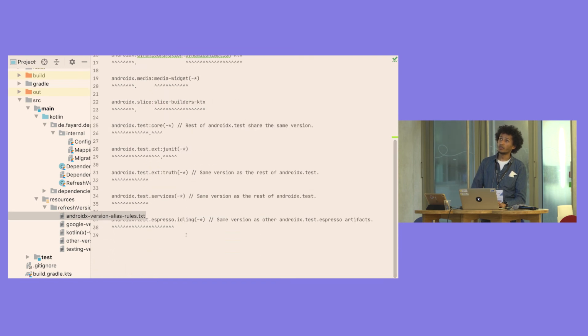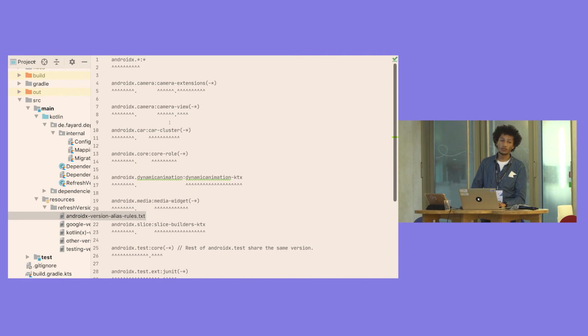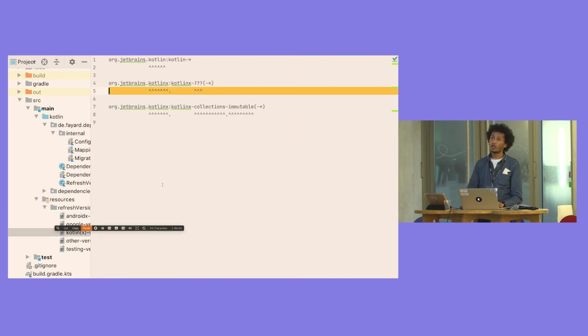So here are the rules that we are using to have the proper key for the version, to not have something that is too complex to see. Like if you have a very complex version key, when you search on Google, you will have to manually remove the irrelevant parts. But when you are searching about OKHTTP, you just type OKHTTP into Google, then you can go on the website, find the changelog, and you're done. So we want to keep the version.properties very readable, because this is the only place where you can control the versions, except if you are keeping some hard-coded dependency versions on purpose. But we want to keep it really readable, so you can do it often without feeling like, oh, this is complicated for me. So when it comes to Kotlin X, for example,